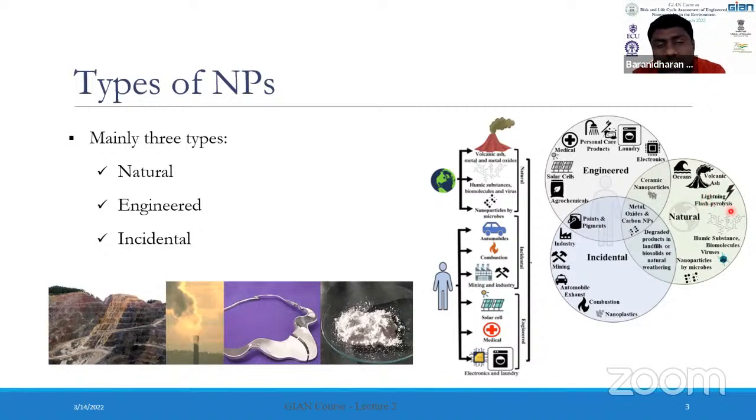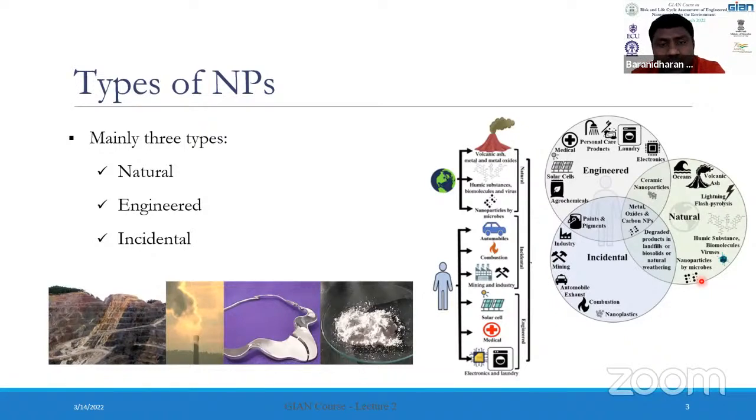And then lightning, which forms a very small percentage of nanoparticles, but still we can't neglect that. And then humic substances and biomolecules, humic substances from the decay of small microbes as well as the organic matter in the environment. When they degrade, at last they get into a very small size. And the microorganisms also produce very tiny nanoparticles, but